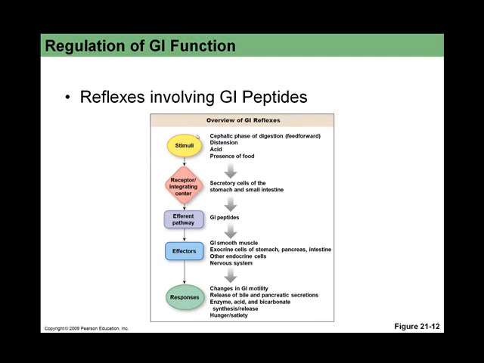So the overview that we see here, there can be stimuli: the cephalic phase of digestion, which is a feed forward, distension of the gut tube throughout its length, and the acid or the presence of food can be the broad spectrum of stimuli that will act on some type of receptor that will be in the integrating center, in this case the secretory cells of the stomach and the small intestine. So they might be acting as both the receptor and the integrating center, determining the synthesis and